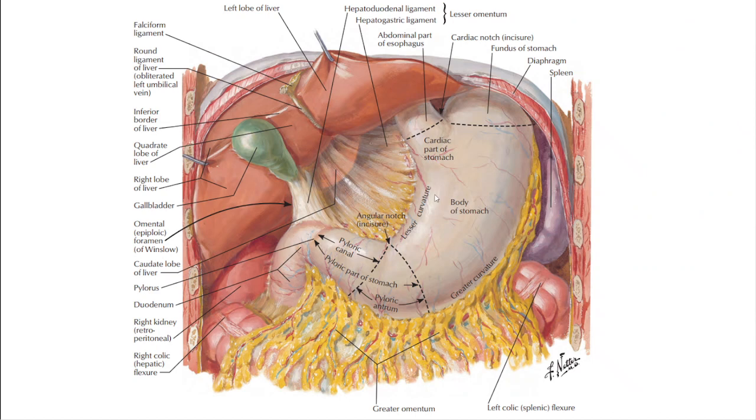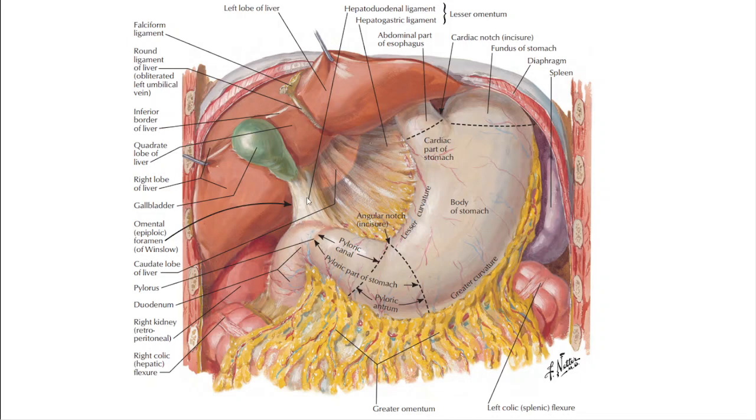So here, this is the diagram that I have introduced to show the lesser omentum. Here, the lesser omentum has been shown to be slightly transparent. It is usually not transparent. It contains fat, but this is the gastric attachment of the lesser omentum. This part is the gastrohepatic ligament, and this right free margin of the lesser omentum contains the common hepatic and the common bile ducts on the right side.